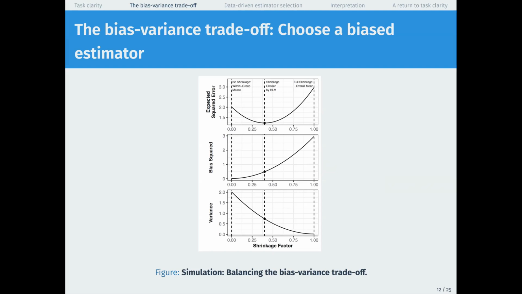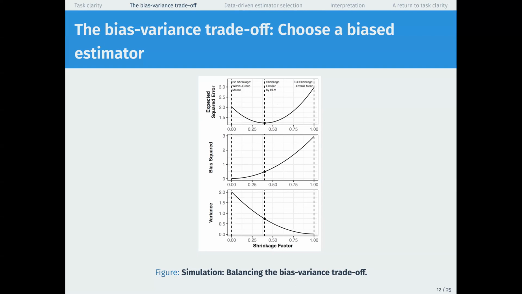And I think this is a nice example because machine learning researchers are always trying to minimize a loss function. This is some measure of how poorly your estimator is performing. And one common loss function is expected squared error. So machine learning researchers have whole techniques to try to empirically estimate their expected squared error and try to find the bottom of this curve. And this particular example is one where the theoretical result that statisticians might know about this partial pooling hierarchical linear model actually corresponds to the correct answer to the machine learner's way of thinking about the problem.